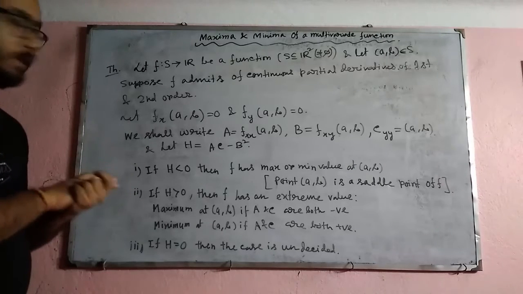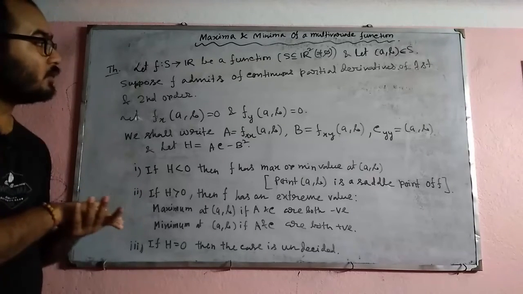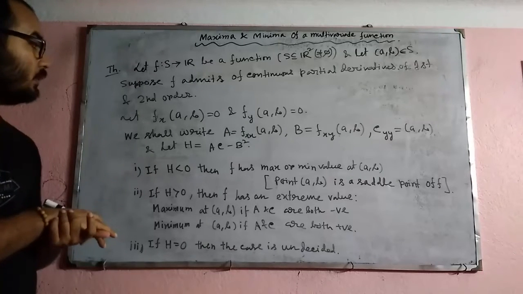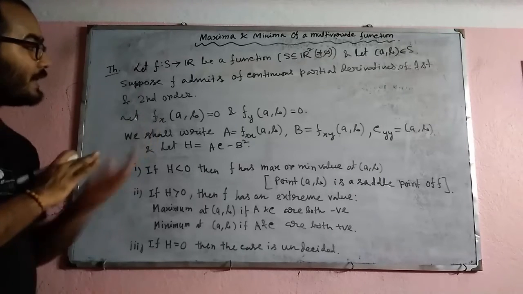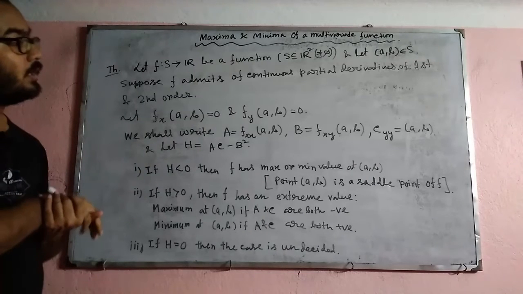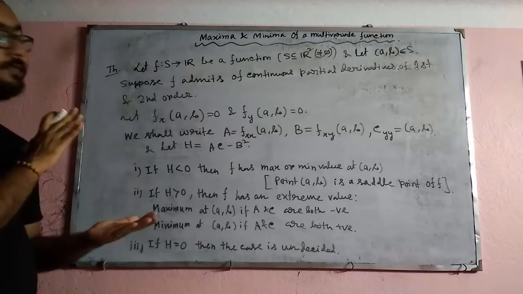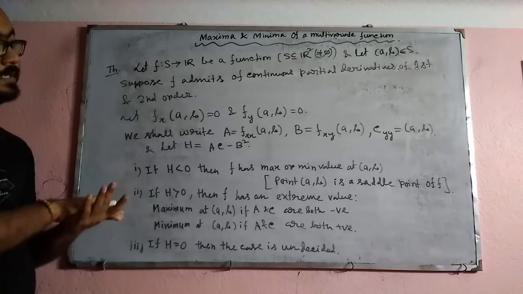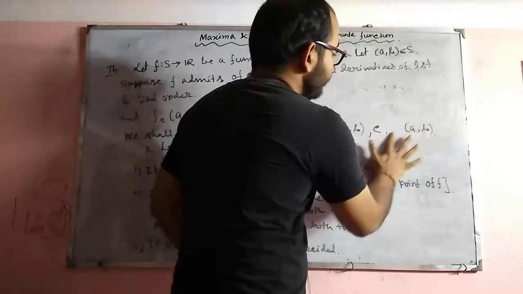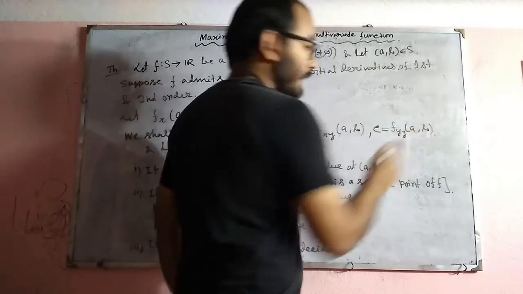And let fx at (a, b) and fy at (a, b) be equal to 0. Then we shall write A is equal to fxx at (a, b), B is equal to fxy at (a, b), and C is equal to fyy at (a, b),